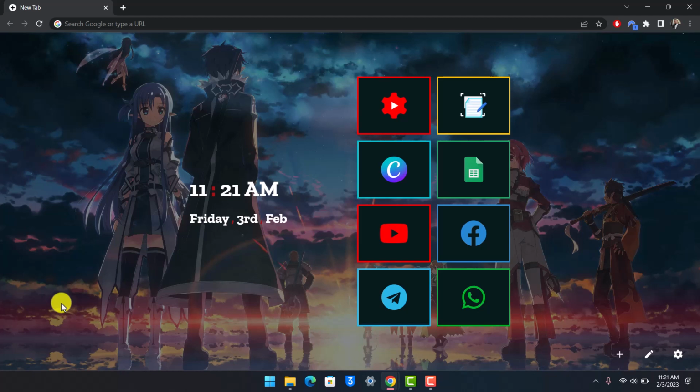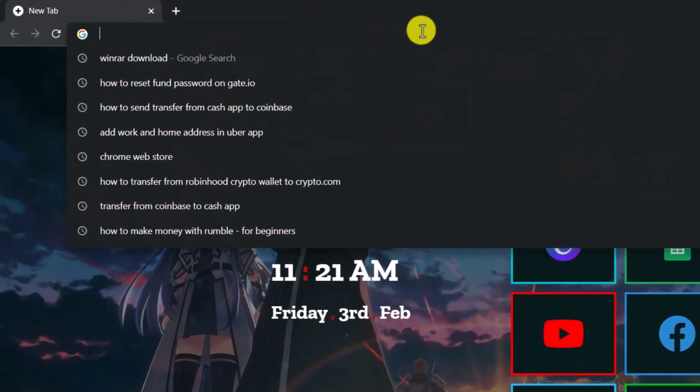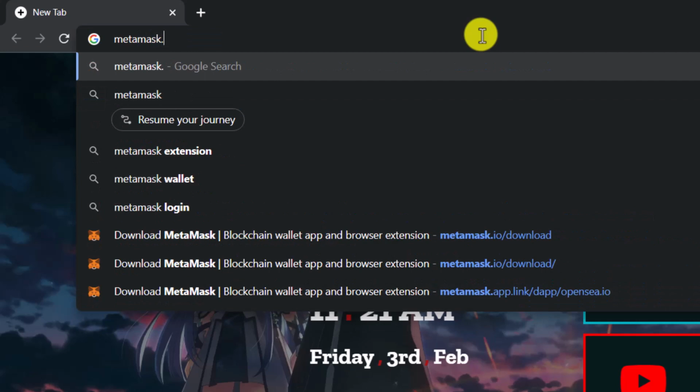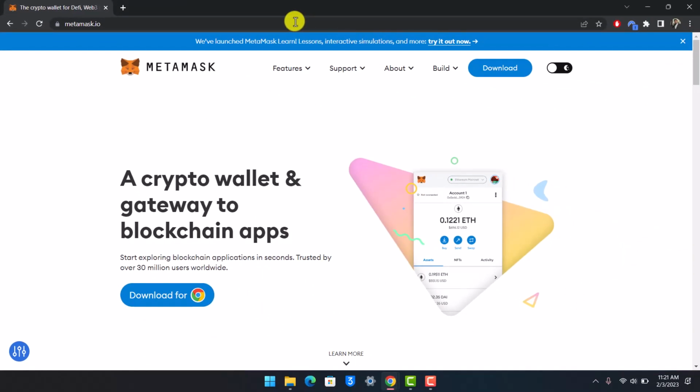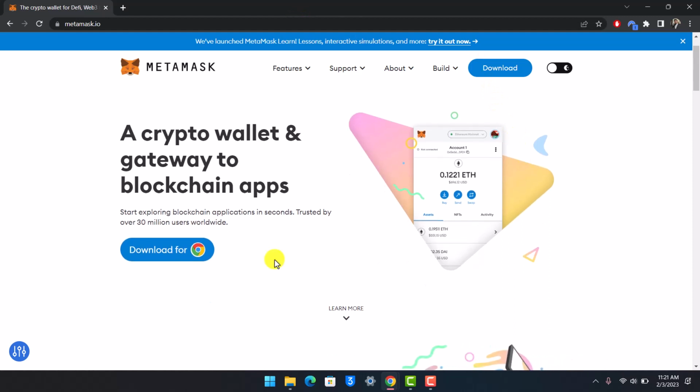In order to set up and install MetaMask on Google Chrome browser, first of all, open the Google Chrome browser, right? And then you simply want to go to MetaMask.io. I'll make sure to drop a direct link down below. When you go to MetaMask.io, you'll land on this web page over here, and then you'll find the option